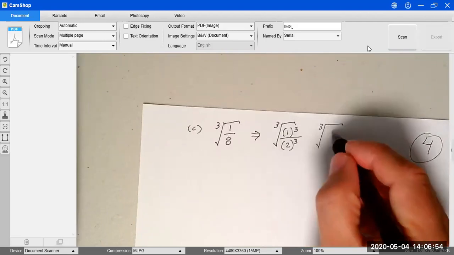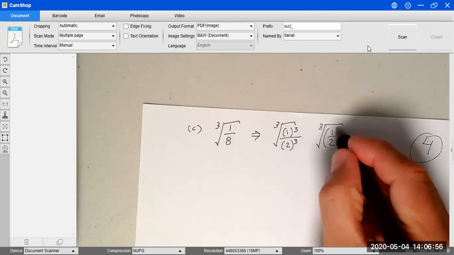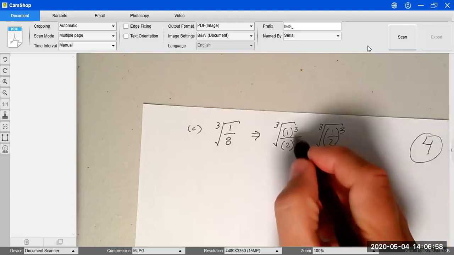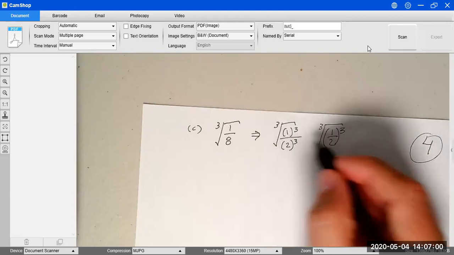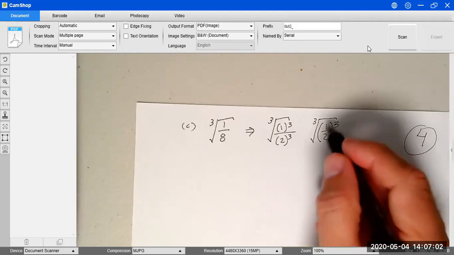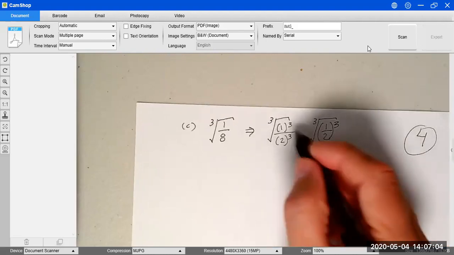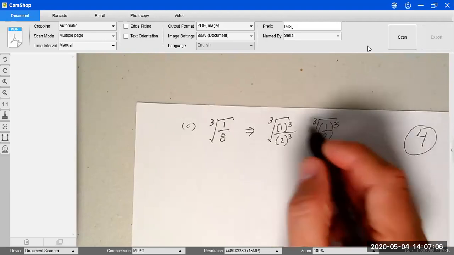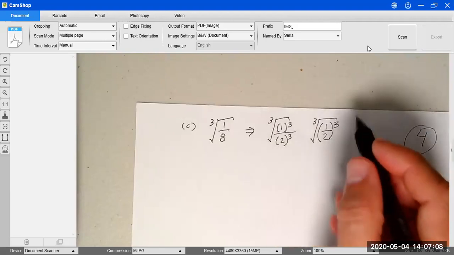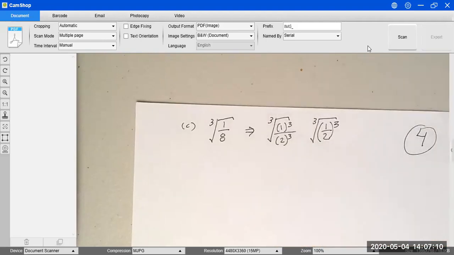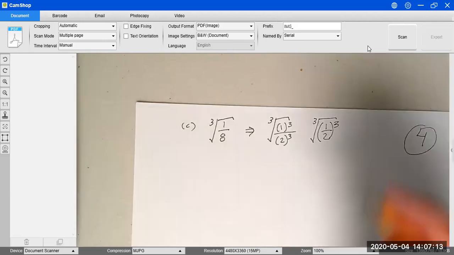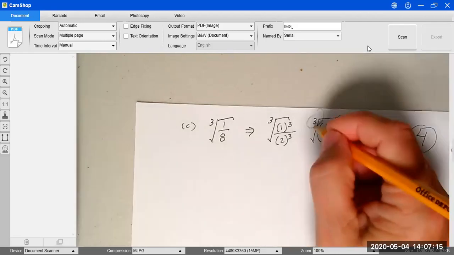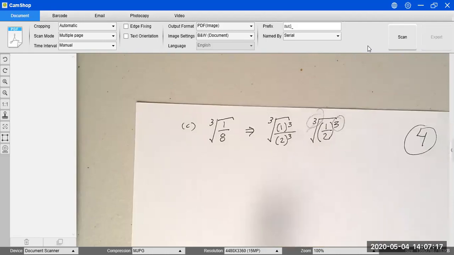So I can write 1 over 2, both to the cube, because both are raised to the third power. So that's the other way that you can do this problem. You go this way without touching the radical sign until the end, when you can just remove the exponent and the radical, and then you end up with